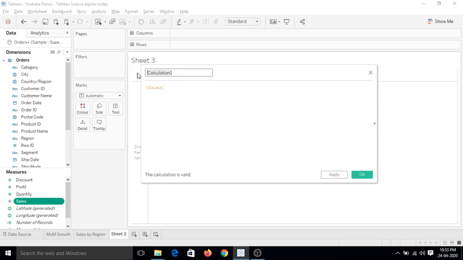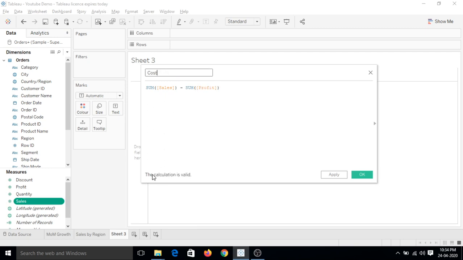So let's name it as cost, and so our equation is revenue is equal to cost plus profit. So let's use this, and this will be like cost is equal to revenue minus profit. Let's do this. So we have to calculate cost, so we have to simply write sum of sales, which is our revenue we are considering, minus sum of profit. So this will be our cost.